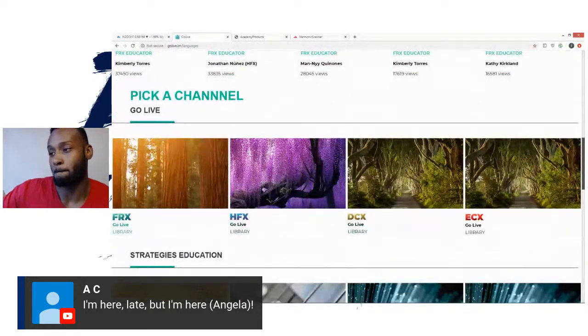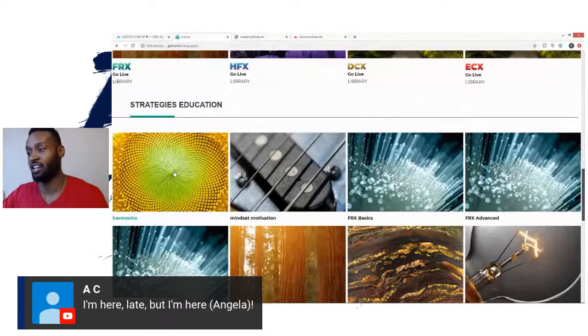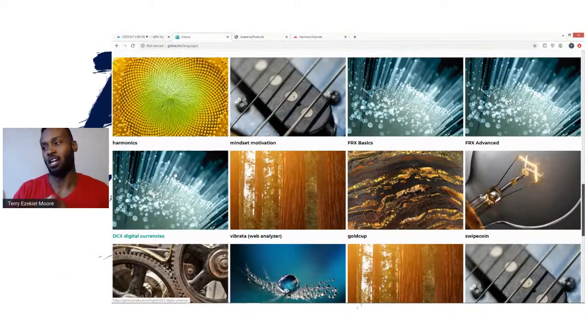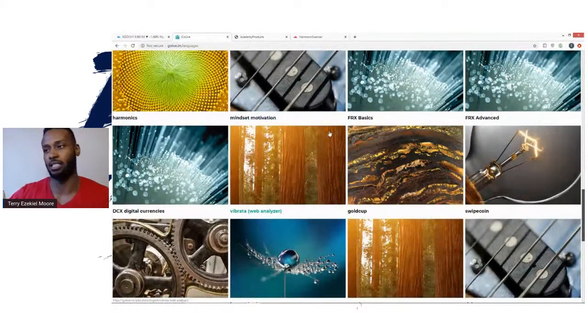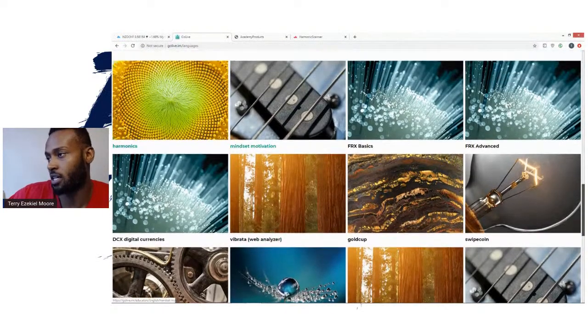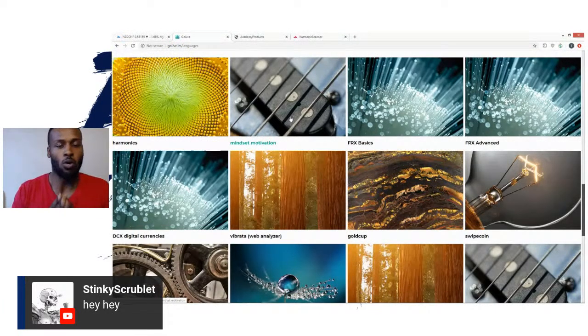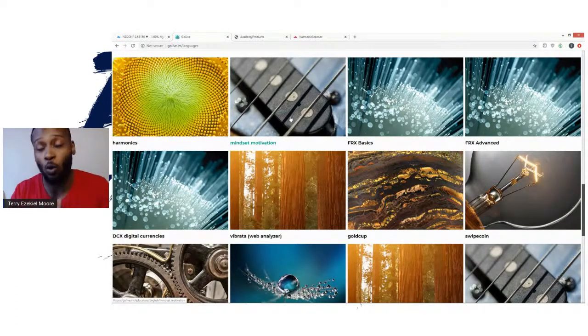Each educator has a product, basically a strategy that's attached to what they teach. So you've got the harmonics. Of course, you want to know the mindset. You've got to have the mindset of a trader. What we believe success contains is two major things: you've got to have the right mindset and you've got to have the right skill set. And guess what, ladies and gentlemen, we're working on both of them right here in I Am Mastery Academy.